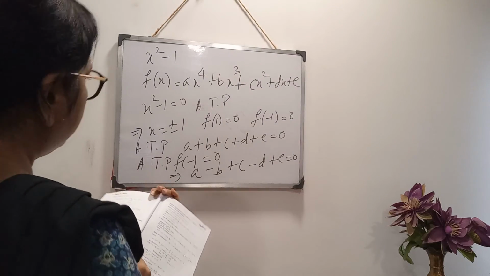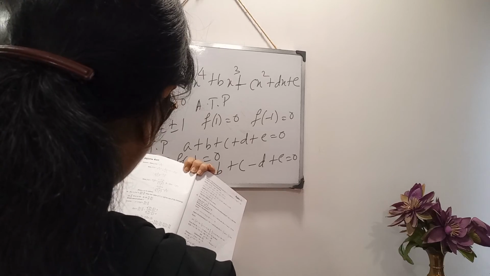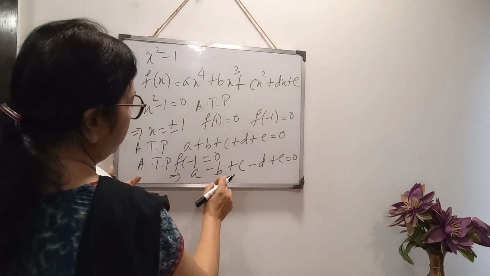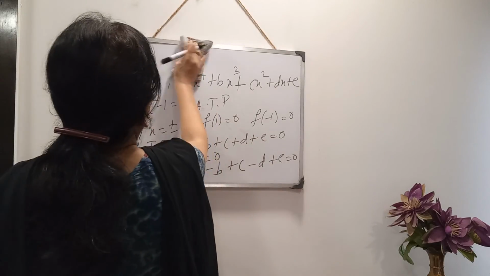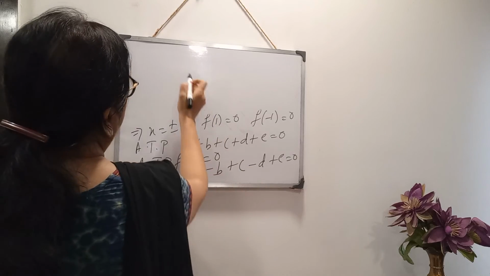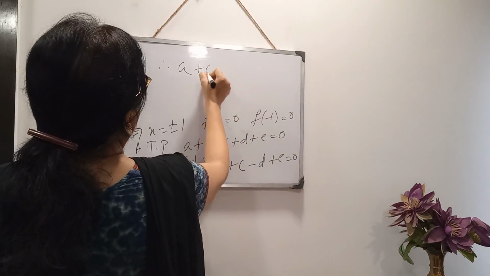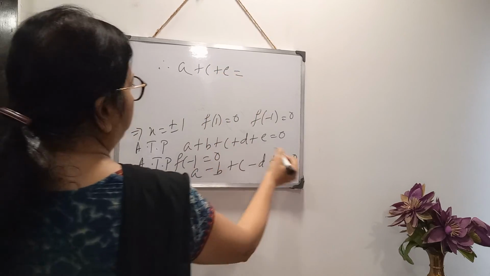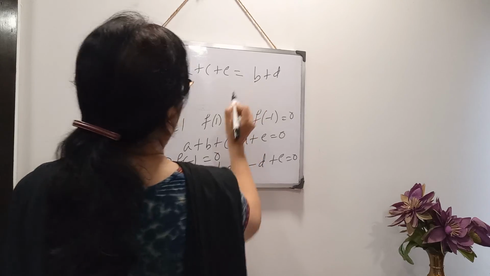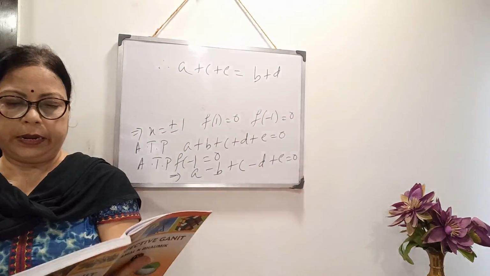Then another relation from here, what we are getting? a plus c plus e. From here, all positive terms keep left hand side, and negative terms take that side, b plus d. So this is the correct option. It is given. Clear? It is in MCQ form. Now next one you will get in next video.